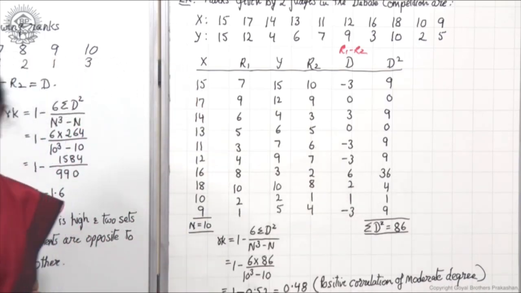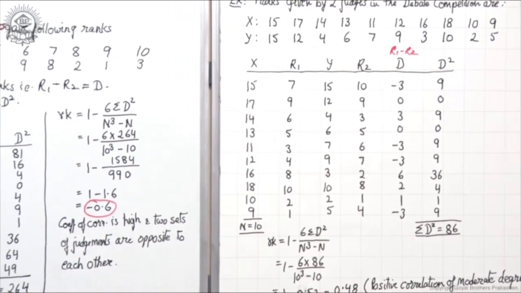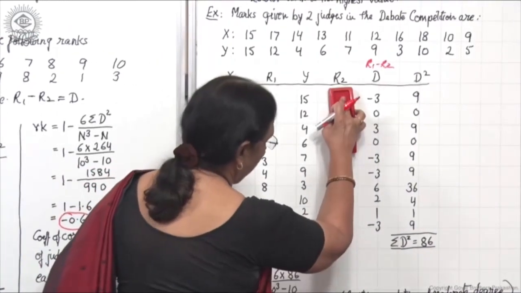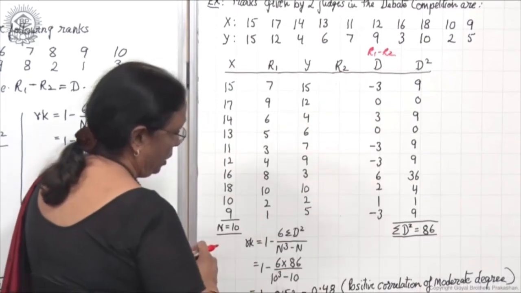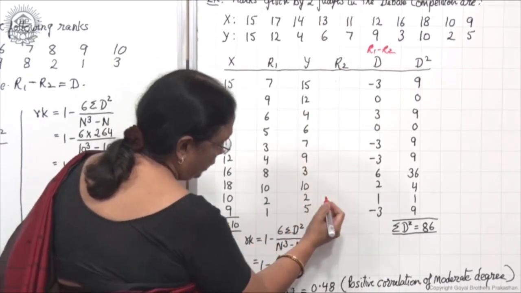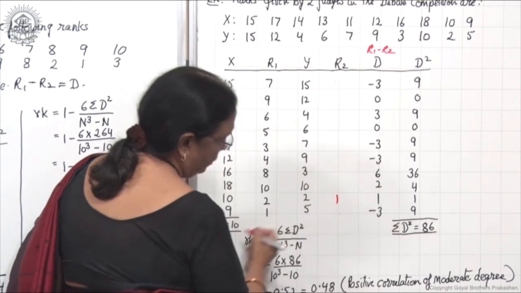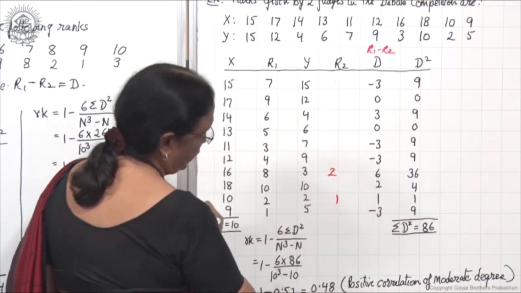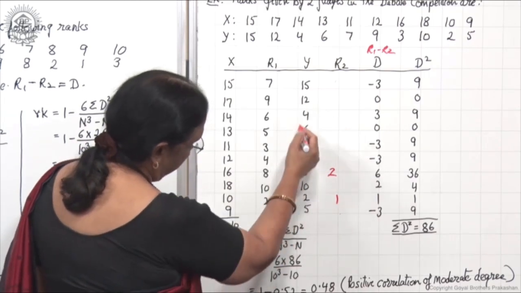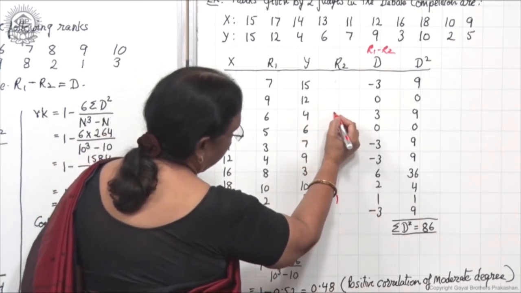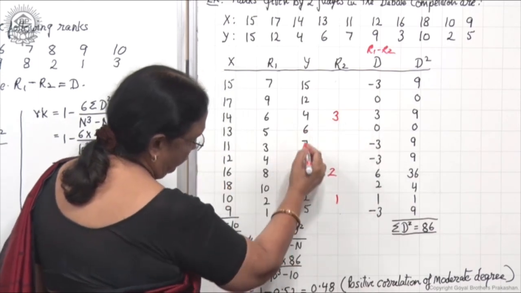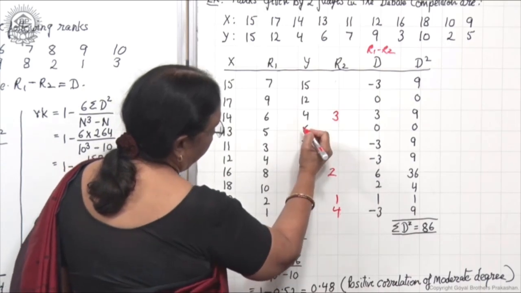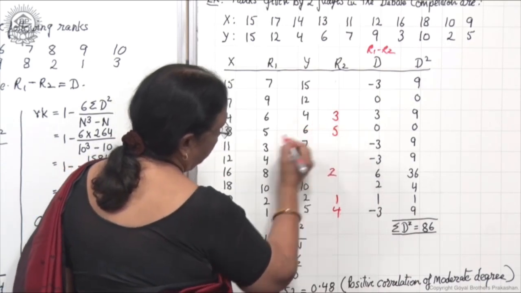Okay. Now for your understanding I will show you again how we have given the ranks. I will rub this and show you. Now the lowest value here is 2, that is first rank. Second lowest is 3, that is second rank. Then after 3 we have 4, this is third. Then we have 5, this is fourth. Then we have 6, this will be 5.